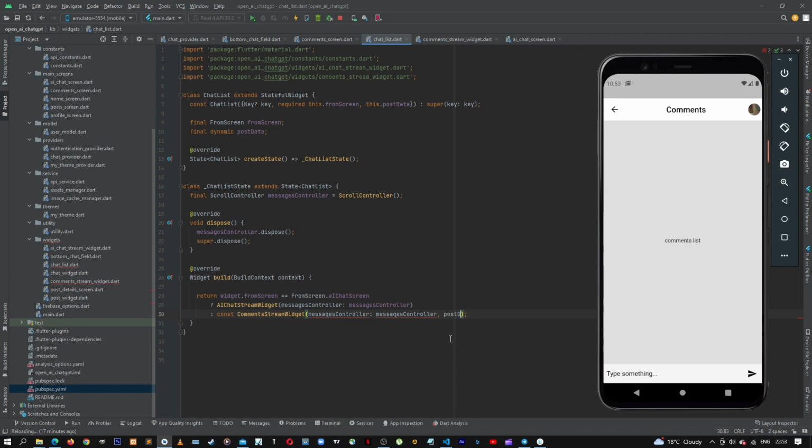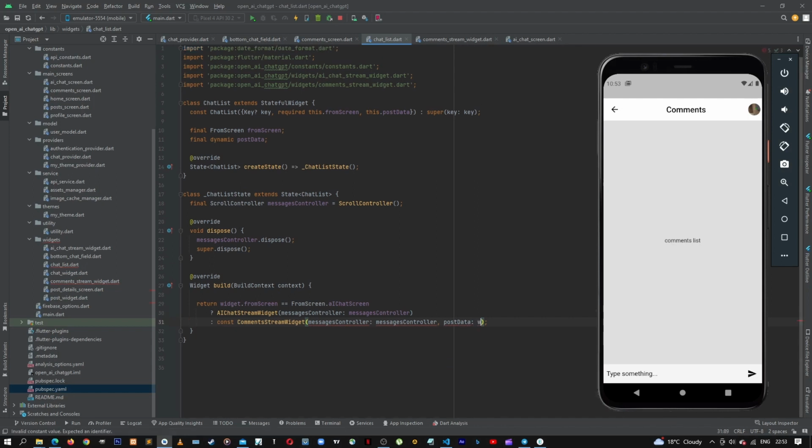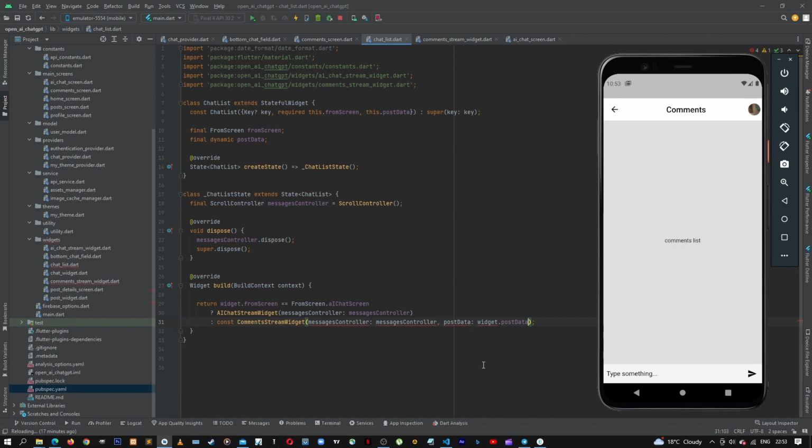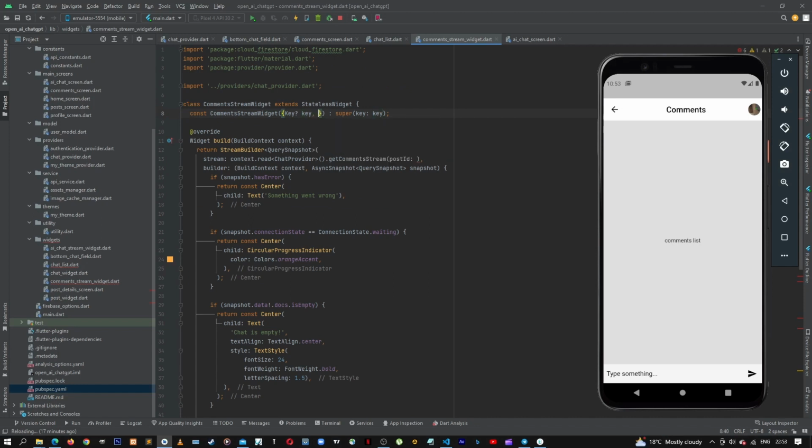post data. Post data, which will be widget dot post data. So we have errors. First of all, let's remove the constant, and then let's go back to our comment stream here. Let's first of all bring our required this dot message controller, and then let's also have another required this dot post data,